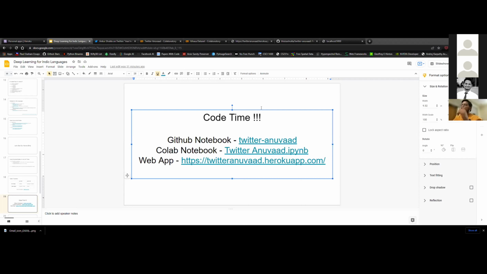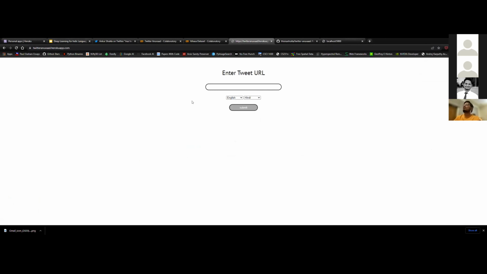So this is the link for Google Colab, and I also share the link for the GitHub repository of the code. And I've also deployed the code as an application on Heroku, so we can just have a quick demo as well, and you can also go on this particular link and try to translate different tweets